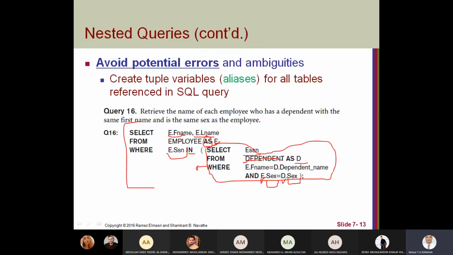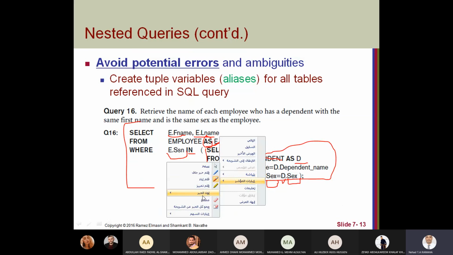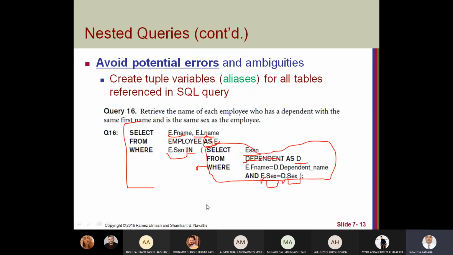So this query, from my point of view, it's better written as one query, not as a nested query. Why?